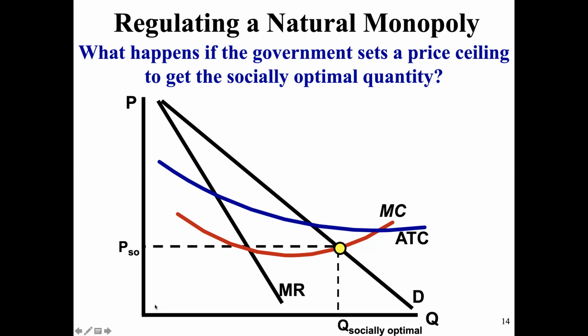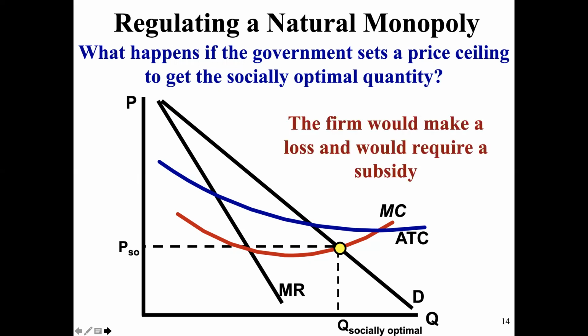So if we set a price ceiling at the socially optimum quantity, this firm would be earning a loss, which means we'd have to add an additional support as the government, which would be to subsidize them. So if we wanted to set a socially optimum price ceiling, in this instance, we would also have to give them a subsidy to help them cover their costs and help them make a normal profit. Otherwise, in the long run, this monopoly would stop operating because they wouldn't accept that loss in the long run.